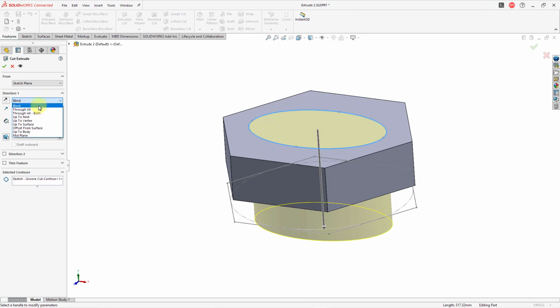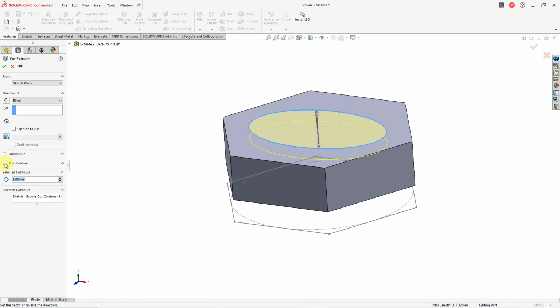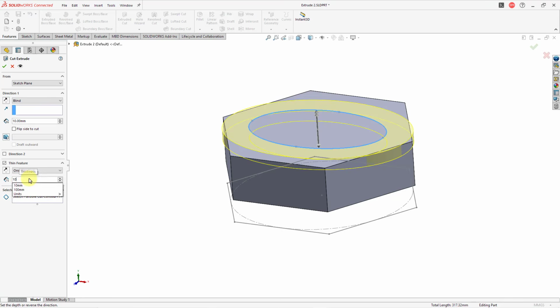So that is one thing to note. But I'm going to change this to a blind depth. I don't want it going all the way through my model. Let me grab the 3D drag, and I just want it to be a small value. Let's go with a value of 10. But rather than have this be just a blind depth, you also have the ability to define a thin feature. So let me change to thin feature. And here we have our depth. I'm going to crank this. Oh, way too big. Let me change it to a value of 10, so it's big enough for you to